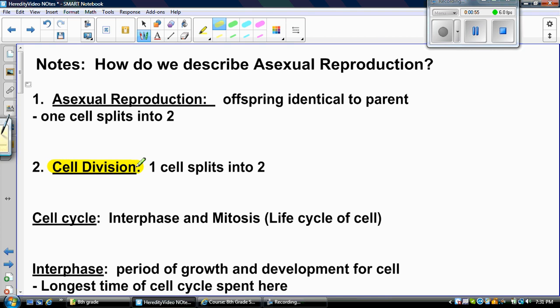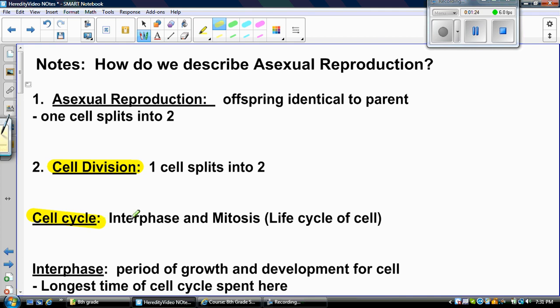Okay, now to start off our unit on genetics and heredity, we have to understand how our cells reproduce because remember, all living things are made up of cells. The cell is the basic unit and function of all living things. All living things start out as one cell, and then they grow as more and more cells are created. So, we need to talk about the cell cycle. How does a cell reproduce?